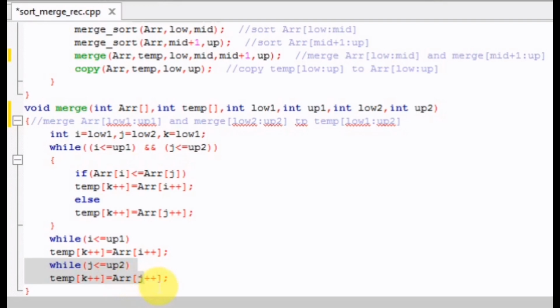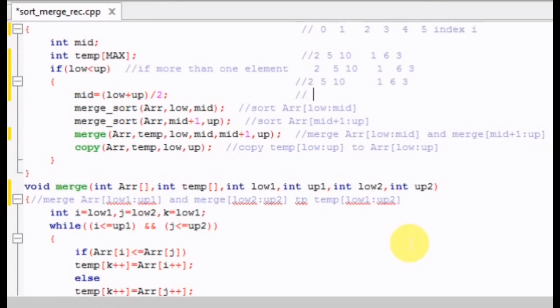But if all the elements of the first array are already stored and we have some remaining elements in the second array, then we will store the elements of the second array in the array temp, right? So this is the body of the function merge. After merging these arrays, we will get a sorted array which will look like this, and this is stored in the array named temp.